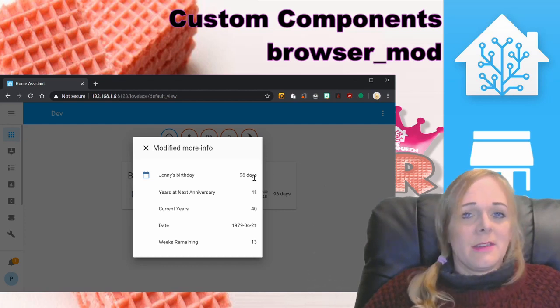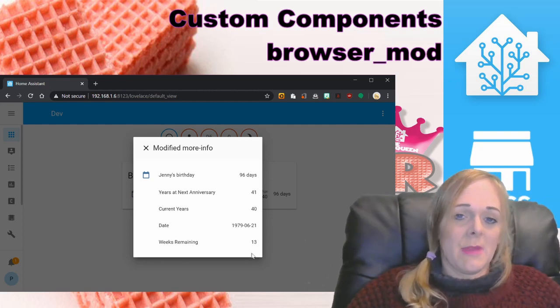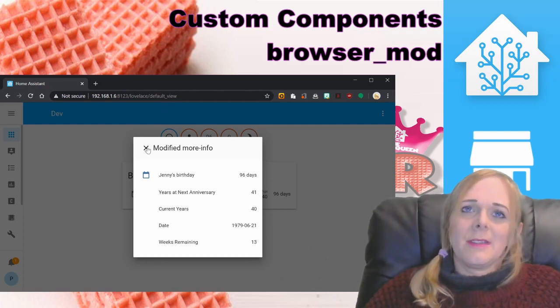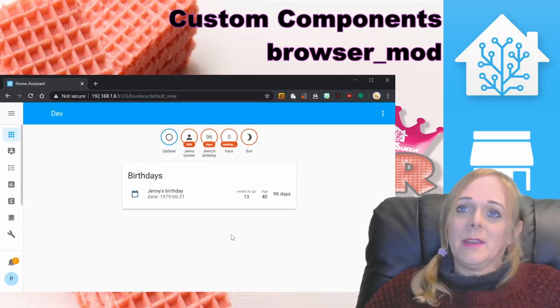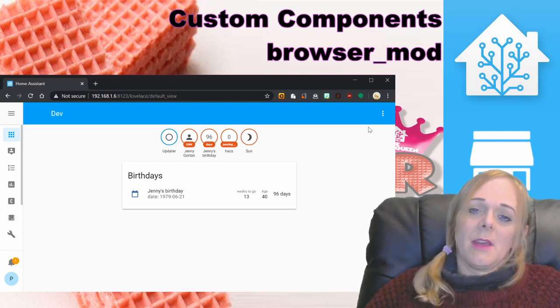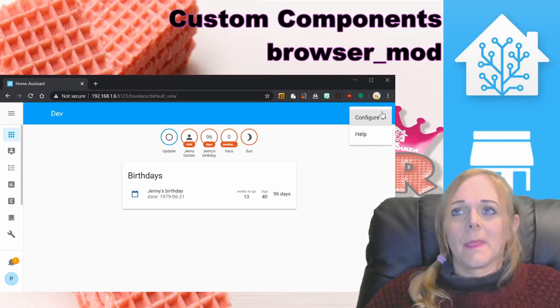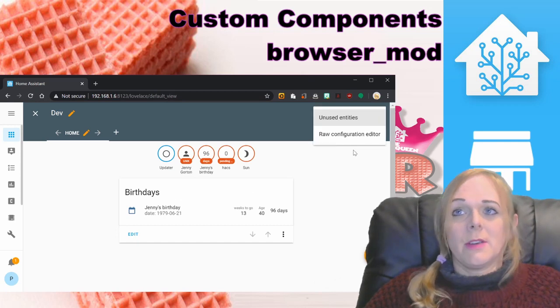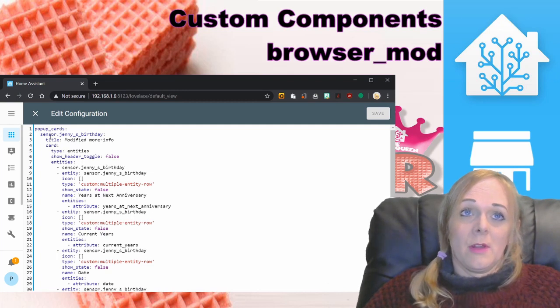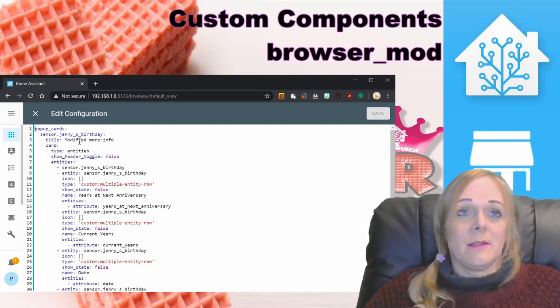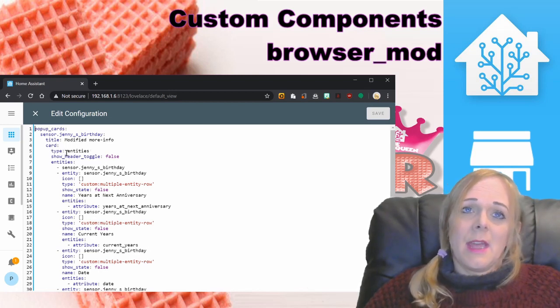It's got the number of days to the birthday, the years at the next anniversary, the current years, the date, and the weeks remaining. The way I've done this one's a little bit long-winded, and it uses the two custom components that we're using already, the multiple entity row card and the browser mod. So in our raw configuration editor, in the pop-up card for the Jenny's birthday sensor, we've given it the title, the modified More Info, and I'm using an entities card. We've turned off the header toggle,